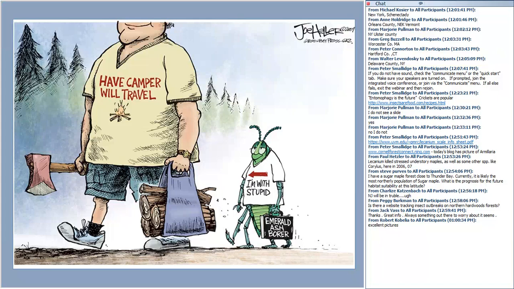I'm not really that familiar with the eastern tent caterpillar and the efficacy of Bt on those. I imagine it's very similar because it's the same toxin, and it's a congener of the forest tent caterpillar. And I know that there have been some large outbreaks of eastern tent caterpillar down in the black cherry areas of northern Pennsylvania, northwestern Pennsylvania, really very large outbreaks that they did treat. So that's what I know about treating them.